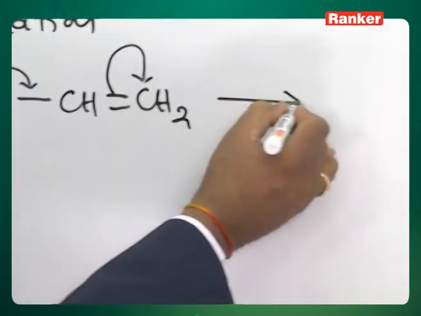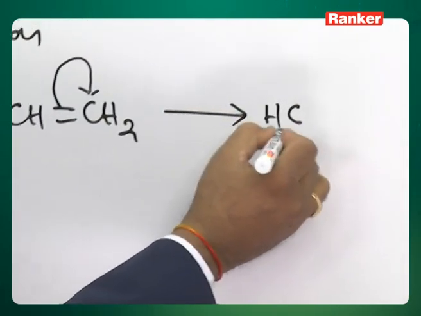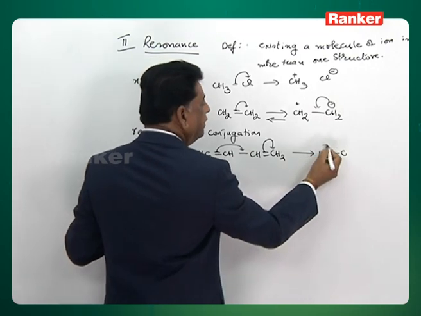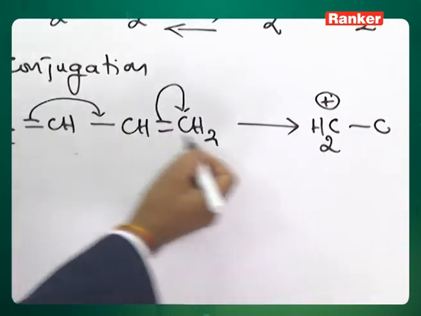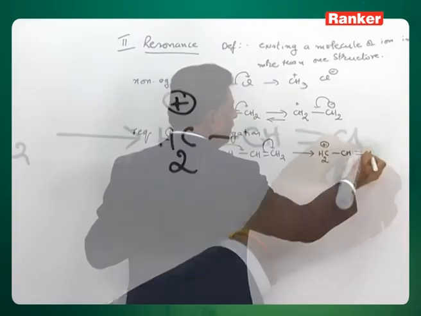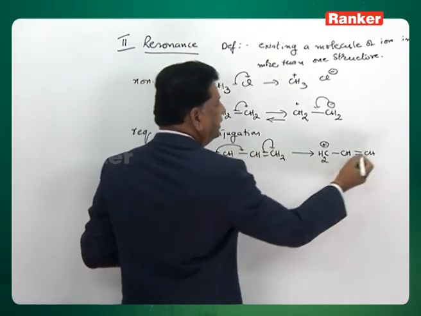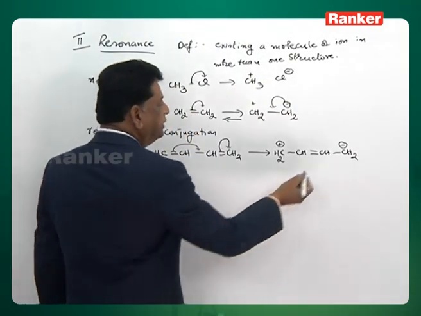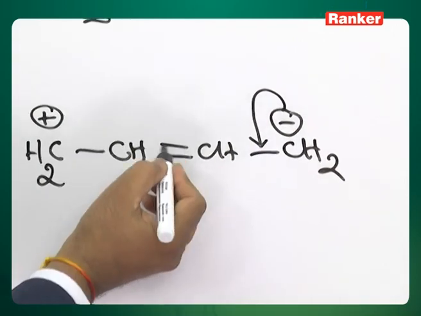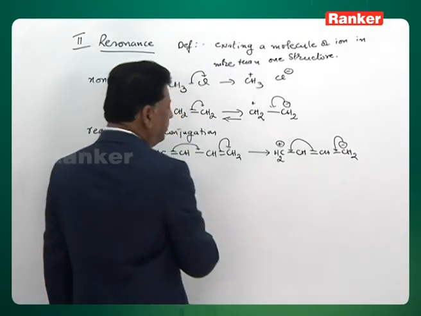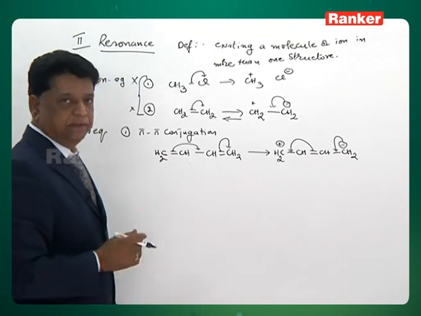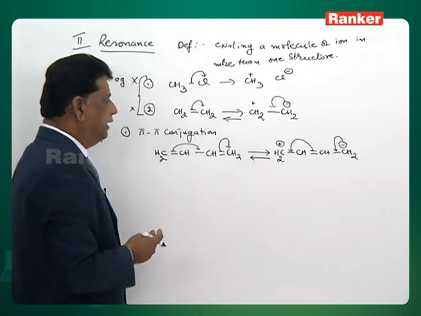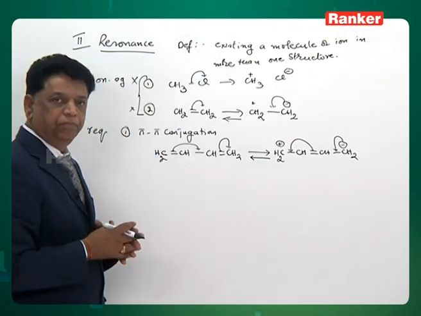So, consequently what you will get is a CH2, this will become a sigma bond, single bond, and this corner will get a positive charge, and the double bond is shifted to the center, and on the other side this pi bond is shifted to the last carbon. Therefore, you will get a minus charge. Now, if this minus is given back to this one, the pi bond comes back here, so the plus is nullified, and again you get back the original. So these two are exchanging fast.